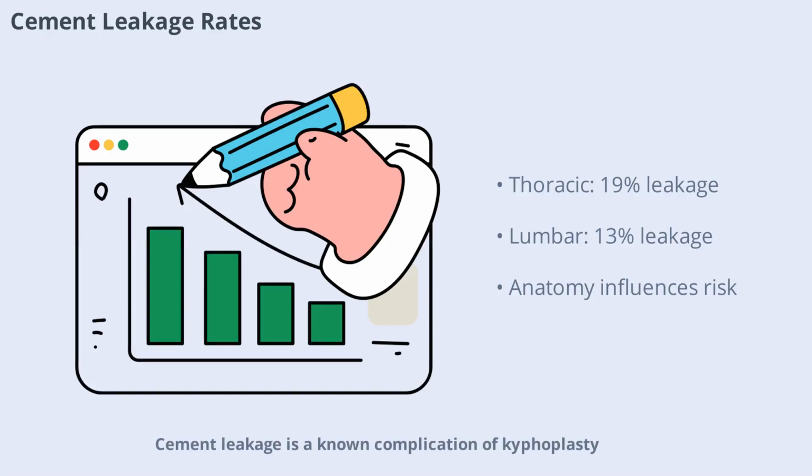Cement leakage is a known complication of kyphoplasty. The meta-analysis found a higher average rate of cement leakage in the thoracic spine, 19%, compared to the lumbar spine, 13%. However, the overlap in confidence intervals suggests this difference may not be clinically significant. Anatomical factors, such as the shape of the posterior vertebral wall, may contribute to the higher leakage rate in the